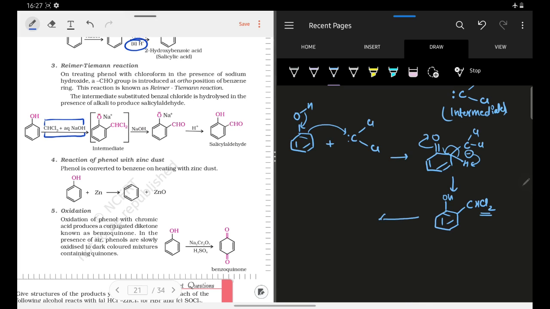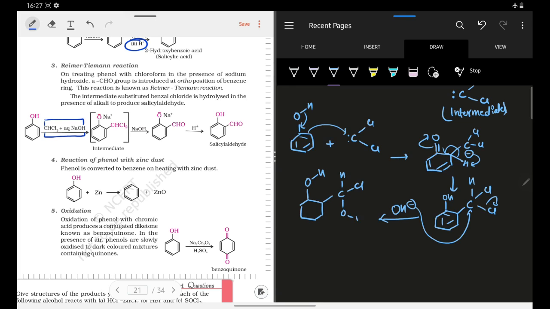So a substitution reaction will occur through the OH minus. What this OH minus will do is attack the carbon atom, the benzylic carbon atom. So let me try to draw it in a different way. This is your Cl, this is your H, and this is your another Cl. So this OH minus will attack on this and this Cl will release. So the product formed would be something like this, OH, and then you would get C